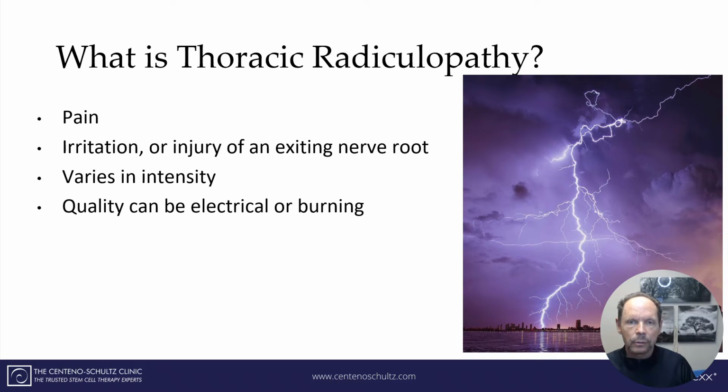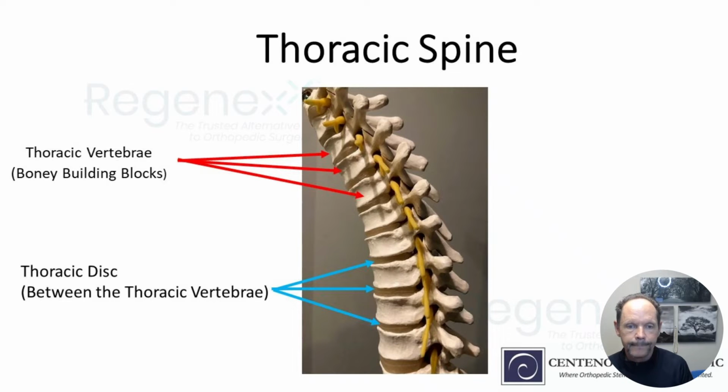What is the thoracic radiculopathy? It's basically pain that's originating from irritation, injury, or compression of an exiting nerve root from the spine. It can vary in intensity, and the quality also can vary, but most patients describe it as an electrical or burning sensation. So let's review some anatomy of the thoracic spine so you can understand the 11